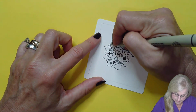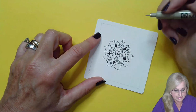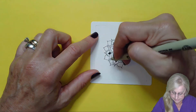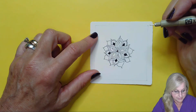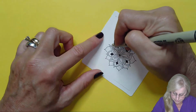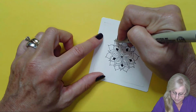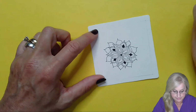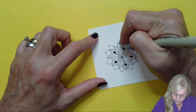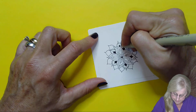Okay. I'm gonna keep going because I know the reason I did the aura is so that I don't lose where I'm at. Because now I know, you see, the furthest one out is a white space in the middle. So then that's why I know to keep going. Go in. So sort of like I go out to a point, come back out. That's all I'm doing. Out to a point, come back out, and then I'm gonna stop right there. Okay, because that's another layer. So now I can go through and I can do it all at one time, give it an aura, and